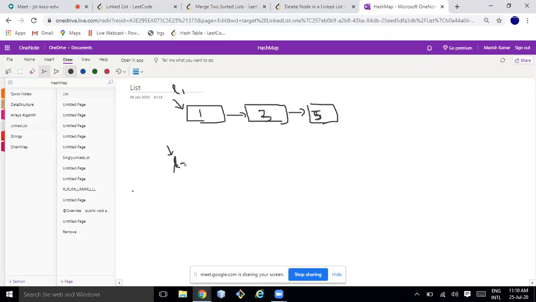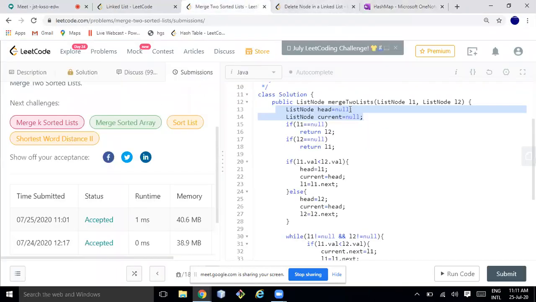Always think of such situations. This is L2, pointing to null. What should be the output? L1. L1. Okay. Cool. Very nice.